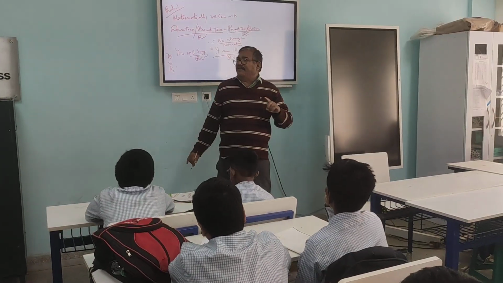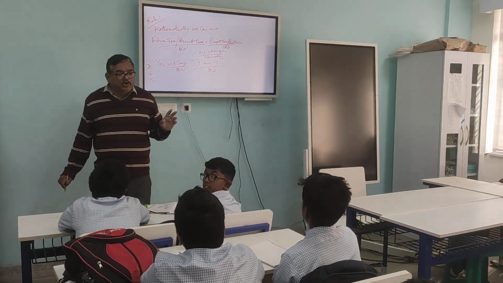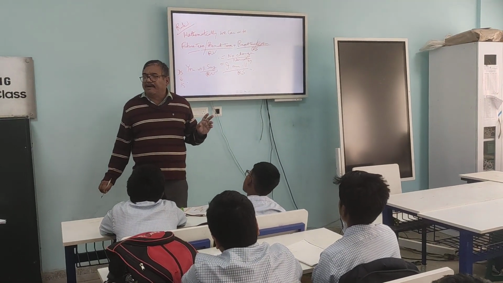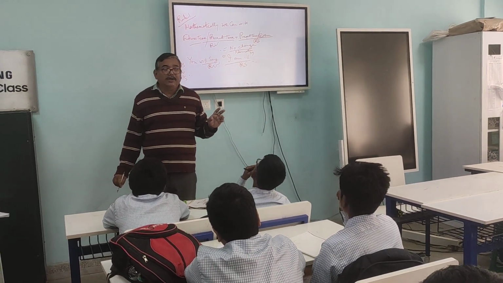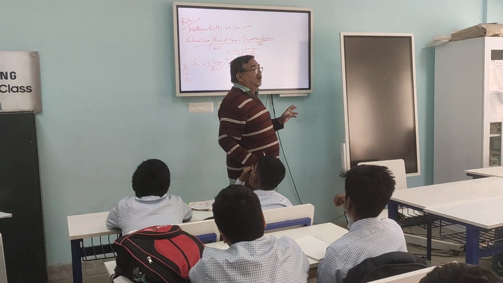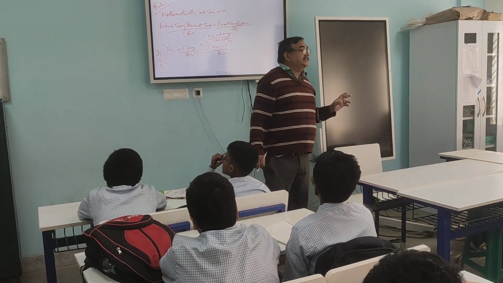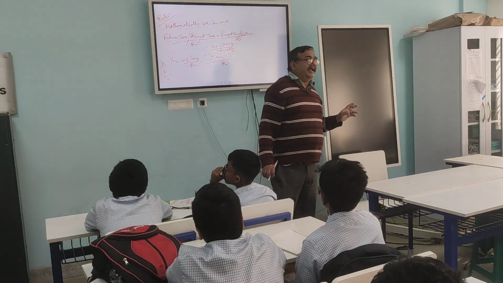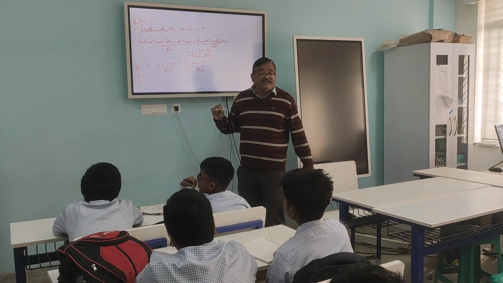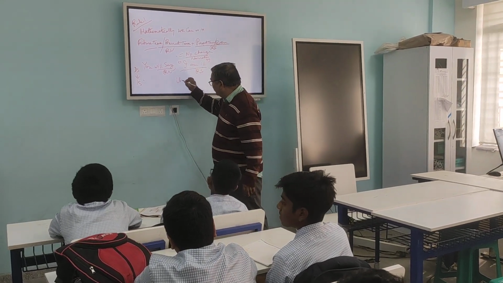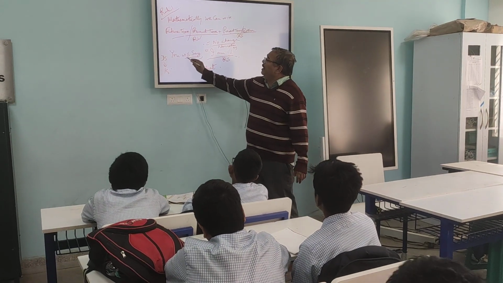In case of an assertive sentence, the connective is that. In case of an imperative sentence, the connective is to, followed by the base form of the verb: to go, to see, to play, etc. In case of an interrogative sentence, the connective is if or whether. In case of an exclamatory sentence, the connective is that. In case of an optative sentence, also the connective is that. So in this assertive sentence, the connective joining word will be that. The reporting verb will not change.